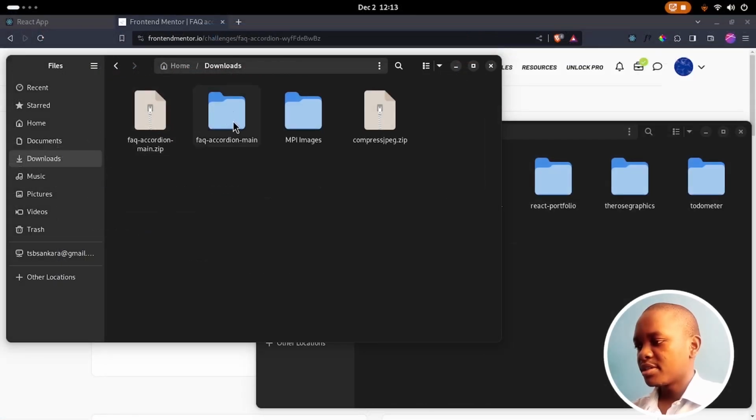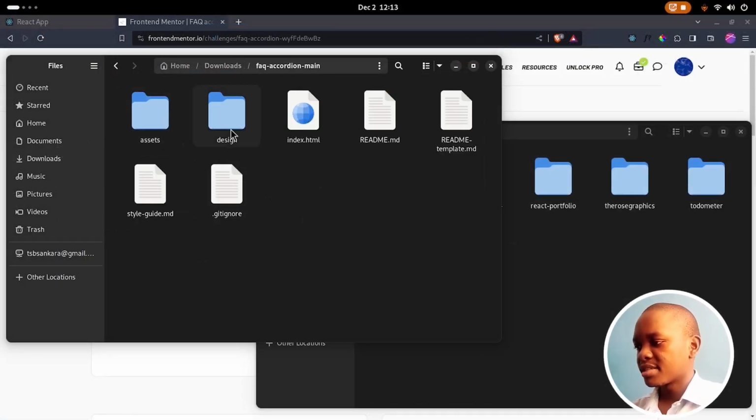So when you go into this folder, we get the assets, the design, and then we get a bunch of other files. And we're going to take a look at these files in a moment. But first of all, I just want to mention,